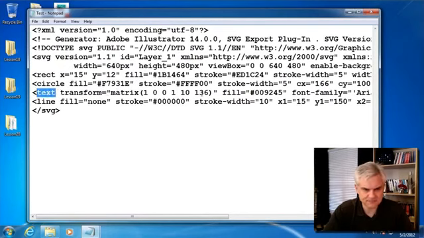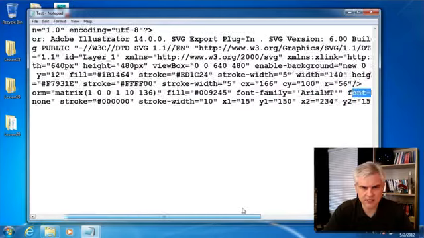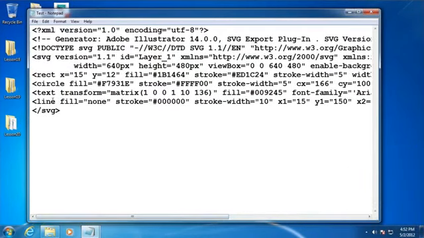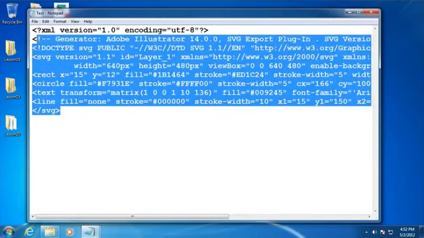Here's text. We have a fill color, a font family of Arial, and a font size, and then in between the opening and closing text tag we have just the text that we want to render, and I can modify that on the fly using JavaScript or jQuery or what have you, and that becomes part of the image then. And then finally the line, where we have just the beginning point and the end point for the line in terms of X and Y coordinates. Alright, so that's the simple